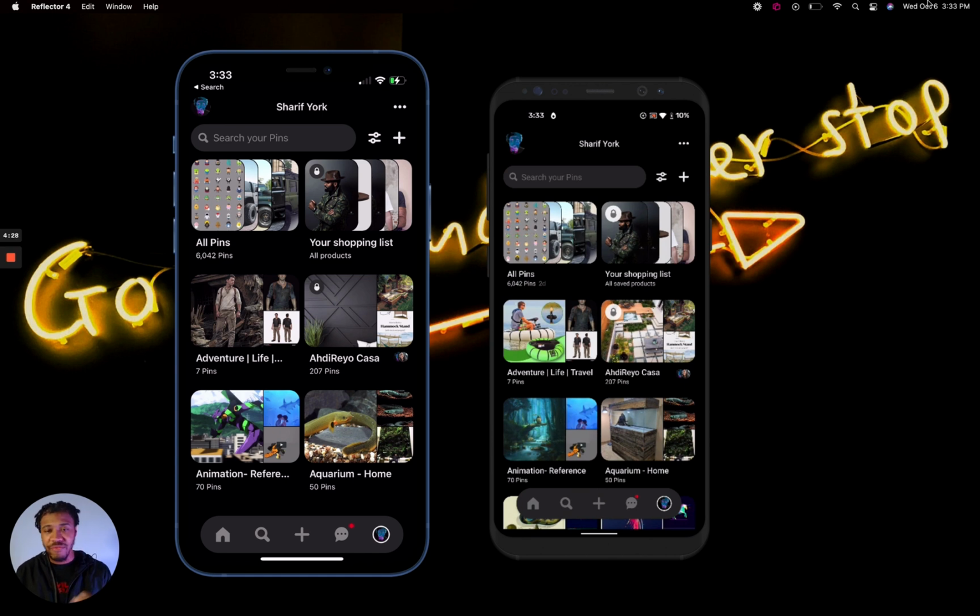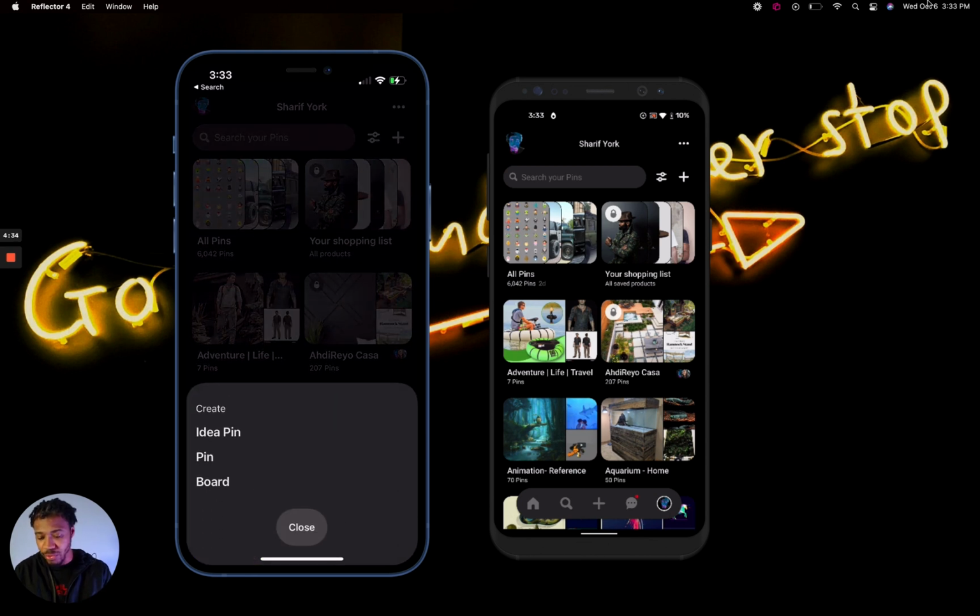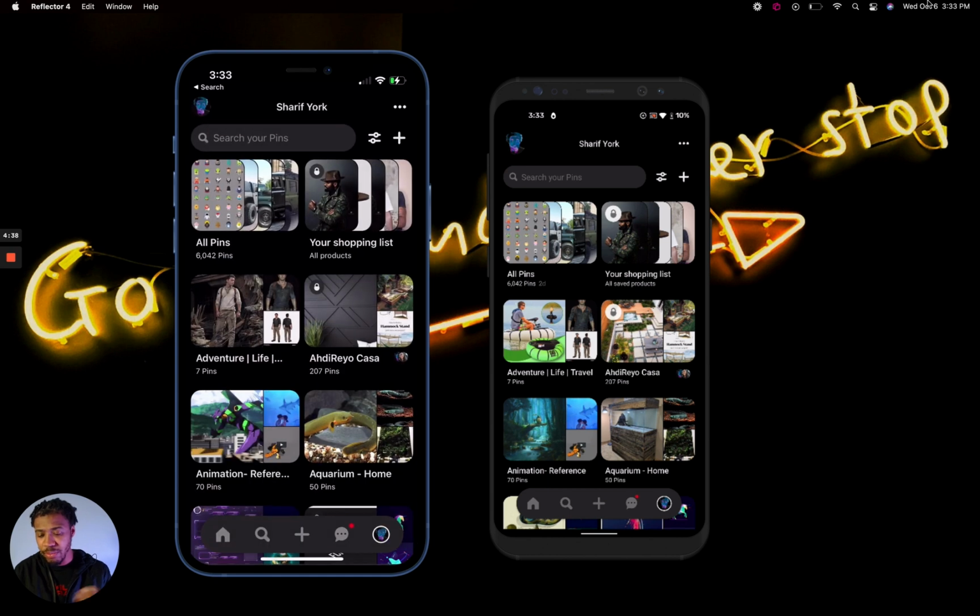Down here at the tab navigation, we have a lot of information on the page. These are essentially our pins, or what would you call that? Your board, right? So yeah, you would create a board and you put your pins within that board. When you're thinking about the experience behind this, they're probably just saying, well, I created a board, like a physical board. I want to put pins on that board,